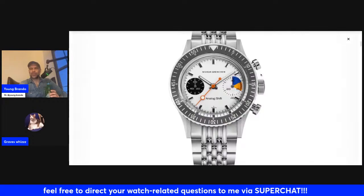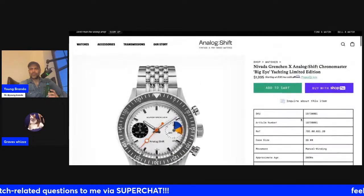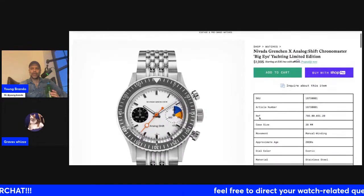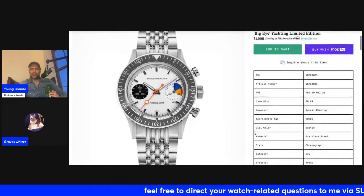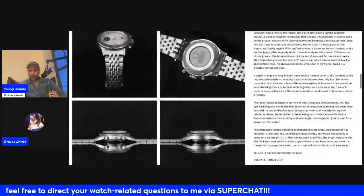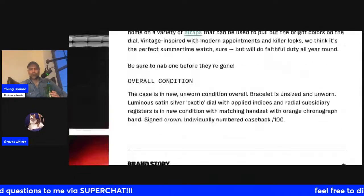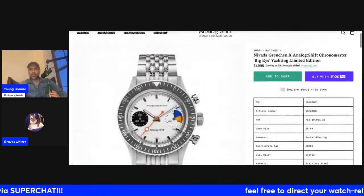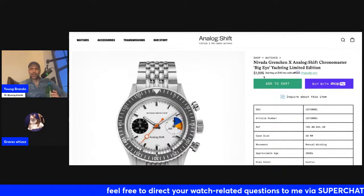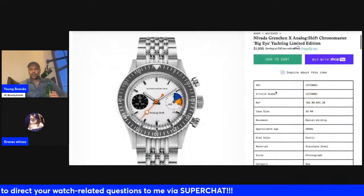Let me just say the price of this piece before we maybe switch to Omega. So this is the Nivada-Grenchen Analog Shift Chronomaster Big Eye Yachting Limited Edition. I don't know how many pieces there are. Let me check that very quickly. 1 of 100. Surprisingly, still not sold out. And right around 2K, so 1,995 for this